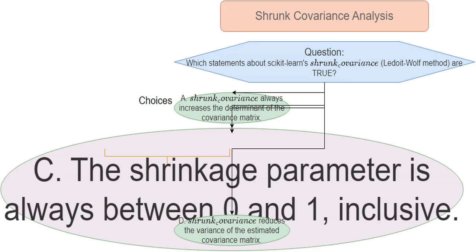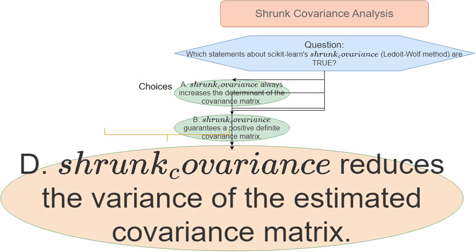Statement C focuses on the shrinkage parameter, a number between 0 and 1, inclusive, that controls how much shrinkage is applied. A value of 0 means no shrinkage, and 1 means complete shrinkage. I agree with this statement as the Ledoit-Wolf method always produces a shrinkage parameter within this range. Statement D states that